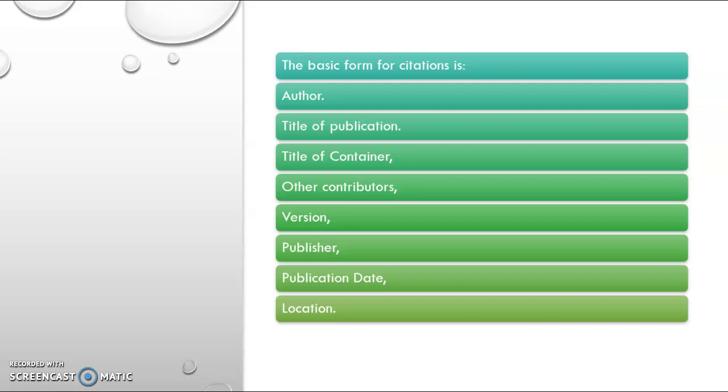It's so much better that if there's not something there, like if there's not a version, if there's not a publication date or any of these elements, leave it out. Because if someone goes to check your citation, going, oh, I want to know more about this particular source, and they click on the link or whatever, and then they realize that you've lied on part of your citation, then that's going to damage your credibility. So I promise you, it is perfectly fine. If it's not listed, just leave it out.